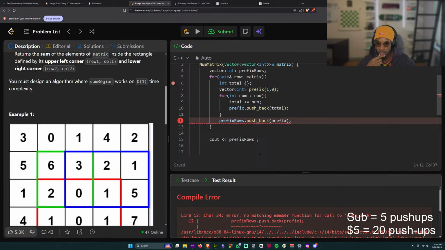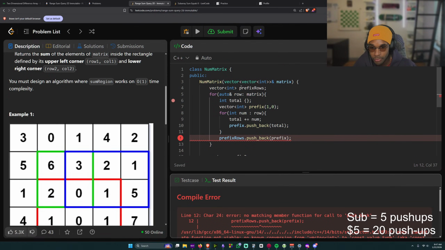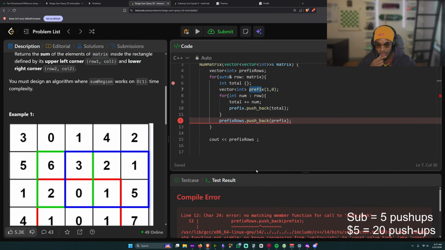Prefix rows dot push back, and I push back the prefix. And it's a vector called prefix. Why doesn't this work? No matching member function called push back.